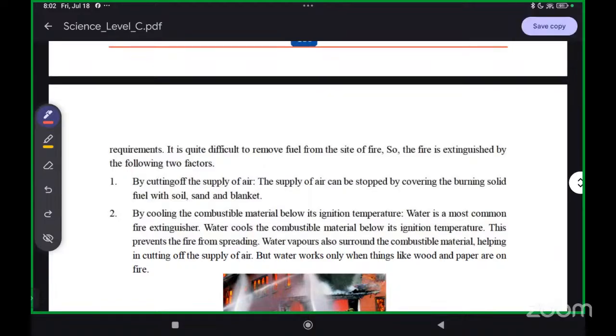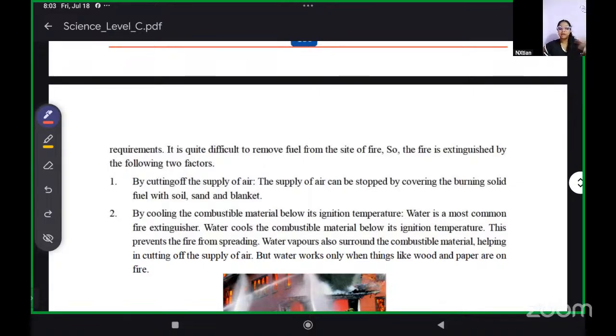Not a cloth. A cloth will burn, but a thick blanket. We take a thick blanket and cover a person with it. The oxygen that the person was getting from the outside air will stop. The blanket, when it's covering a person, will stop the oxygen from reaching the fire, and the fire will be extinguished. The necessary conditions are heat, that is fire, then oxygen, and an object to be burned, that is your fuel.